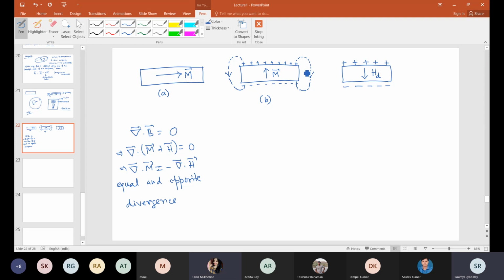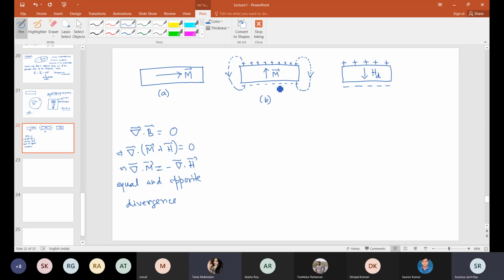So here also, if there is an M, you can call it a tiny magnet. The top part is the north pole and the bottom part is the south pole, like we gave the analogy earlier. So this flux, whatever is coming out from the top, this path has to be completed. Otherwise, monopoles will exist.